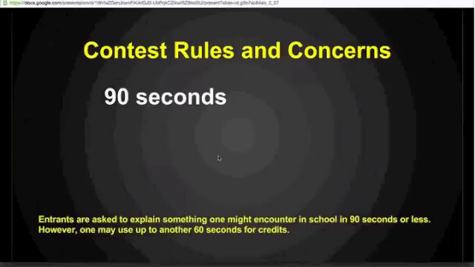So 90 seconds or less is what you got for the instructional part of the video. You do have up to another 60 seconds for the credits. So you're using media from copyright-friendly sources. Matter of fact, specified copyright-friendly sources. It's all in our instructions. And then you create credits, and that's the way to do that. Let's address those two pieces real quick.